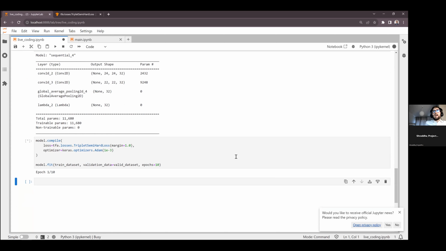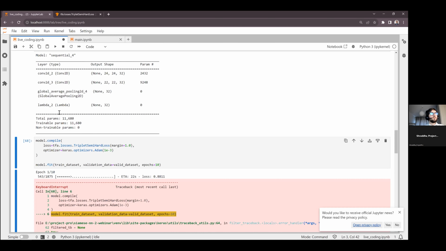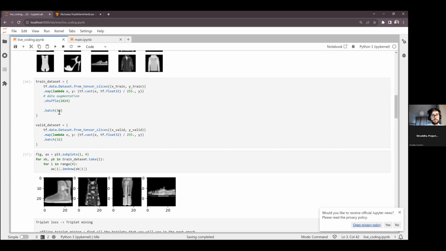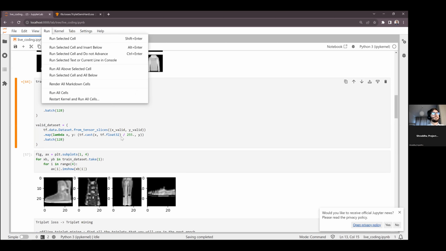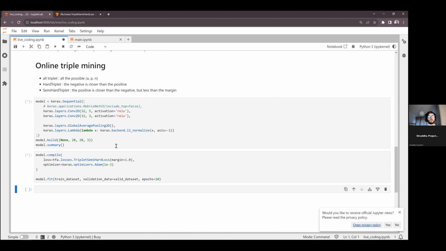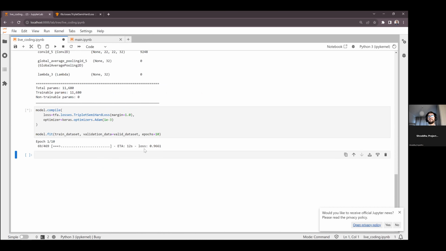Oh yes, we have something going. It will not take too much time, but I think we can make it go a bit faster if we increase the batch size, since this data is much smaller than the other dataset. So maybe we can try like that. Let's run all and see if it works. If this works, we are at a first checkpoint for our dataset. You see it going a bit faster since the batch size is much larger.